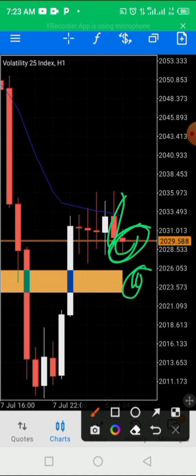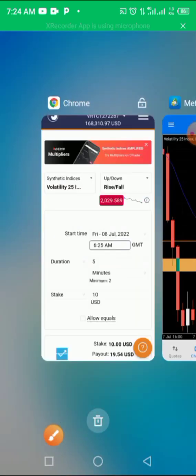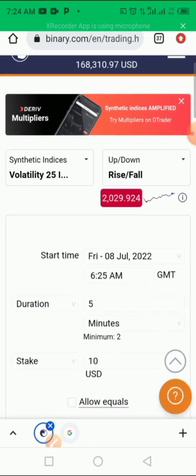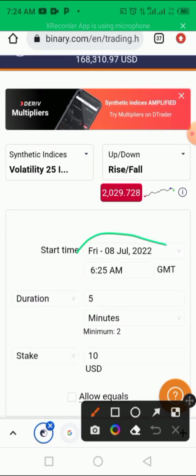Are you getting me? So since you missed this one and you want to enter a candle that will start by 8 o'clock, which on their own time is 7 o'clock, because this one now is just the 6 o'clock candle, what you now do is go to that pending order I told you about. Come back to this place. Are you getting me? Remember I said start now. That start now means,